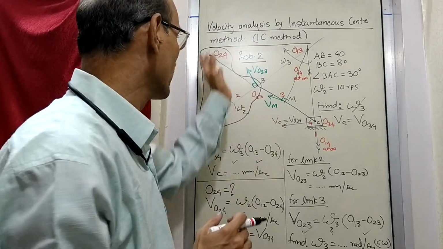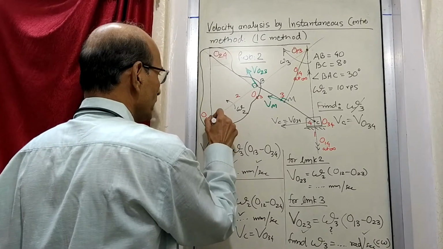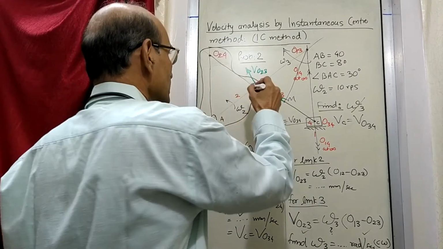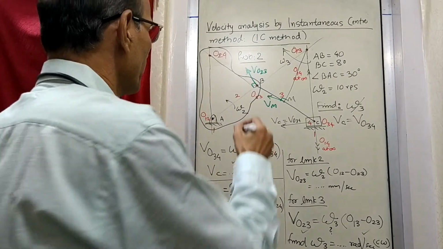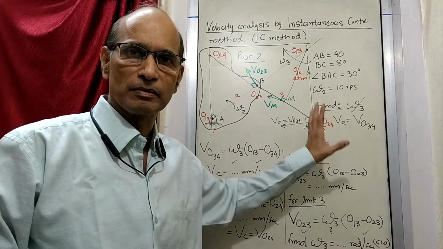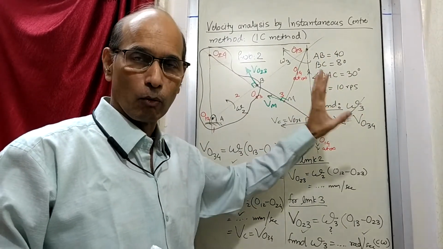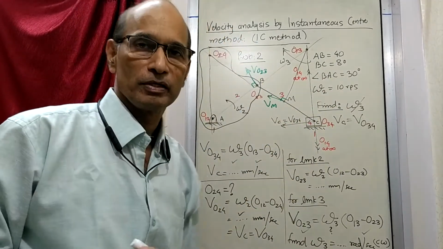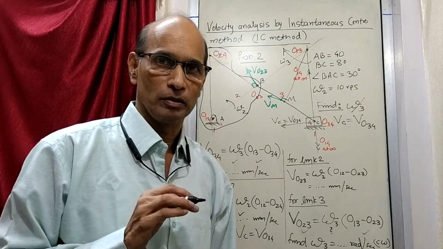Anyway, not given. So let us say this is the shape of link number 2, where at this place it is fitted to link number 1, we call it point A or O12, and at this place there is a pin joint by which it is connected to link number 3, and then it is performing whatever is asked. So it is performing rotation, and the entire mechanism is working the way it is described earlier. No change in the working, only we are changing the shape of the link. Instead of a straight line, we are given a shape like this, which is fully acceptable. We have just expanded a link, which is allowed.